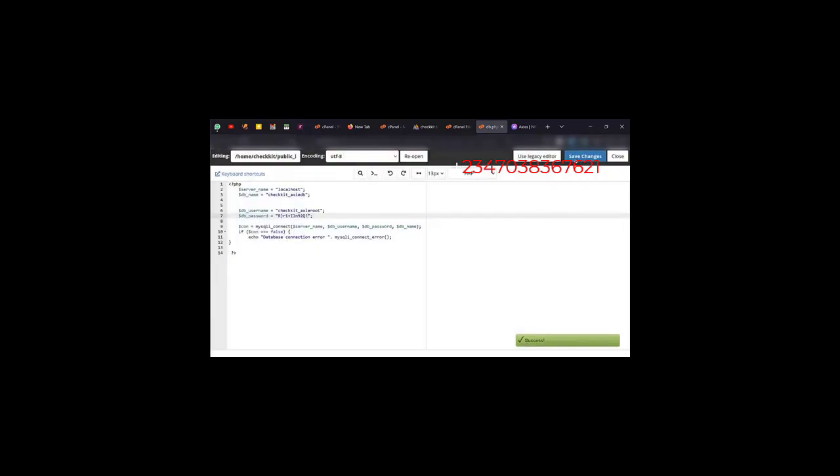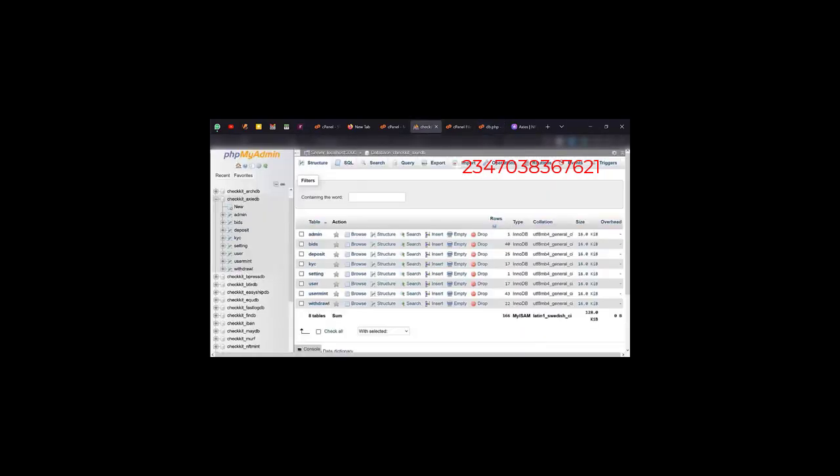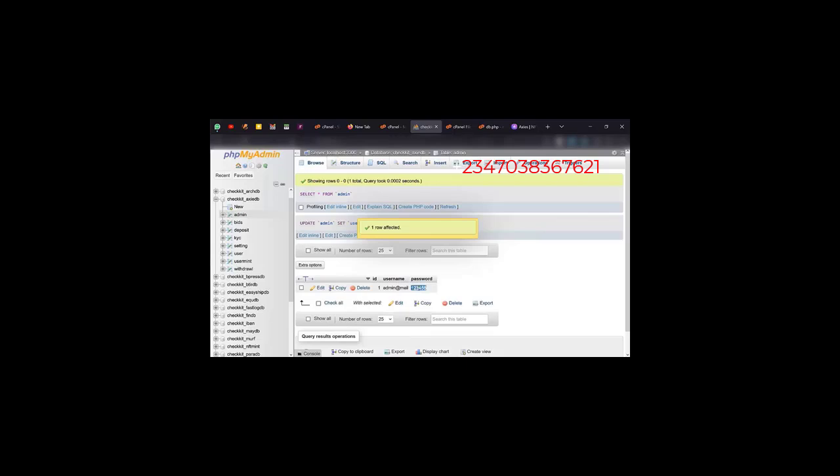I'm just going to come to the admin. You see the username, you see the password, so you can change this username to anything you want to change it to right there. You can change your password to anything you want also, and then you log in with it. Just ensure there's no space when you're putting in your username or your password. Now if we load this page, we're going to see,